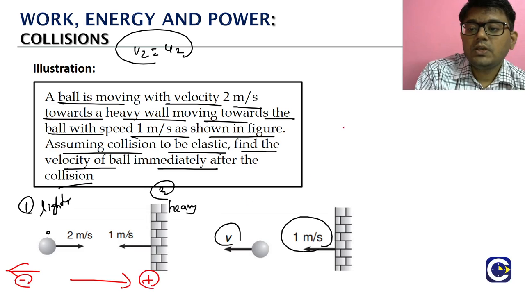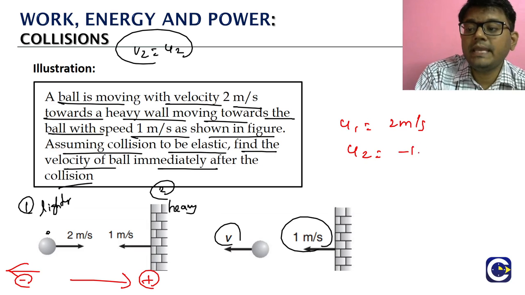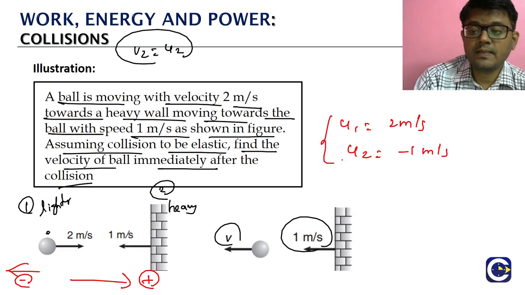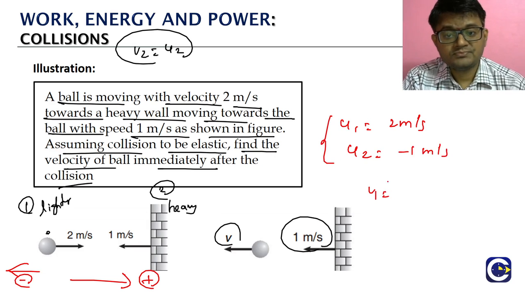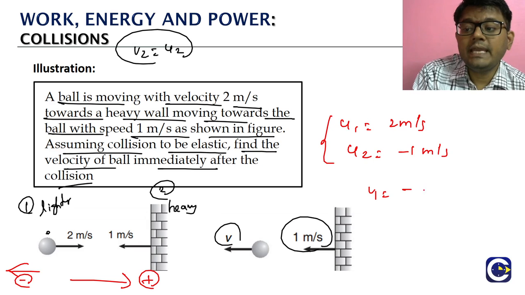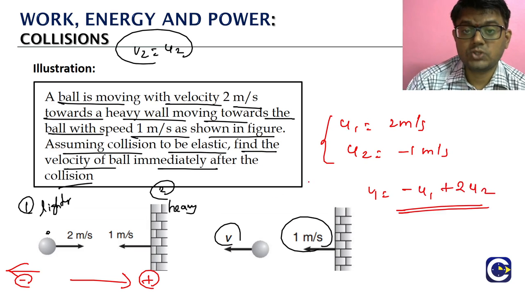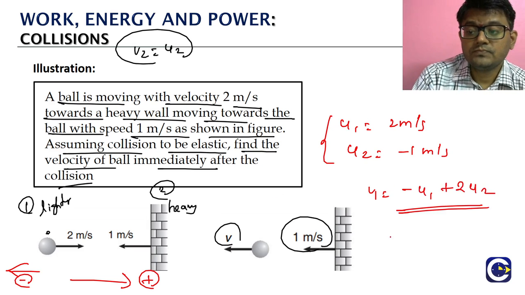So u1 will be 2 meter per second. Similarly u2, look, is minus 1 meter per second. Why? Because by sign convention it will be negative. Okay, what do we need? We need v1. What is the v1 formula? v1 equals minus u1 plus 2u2. So minus u1 means minus into 2, plus 2 times u2,